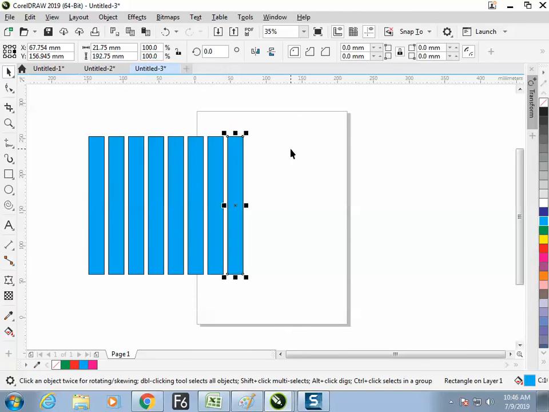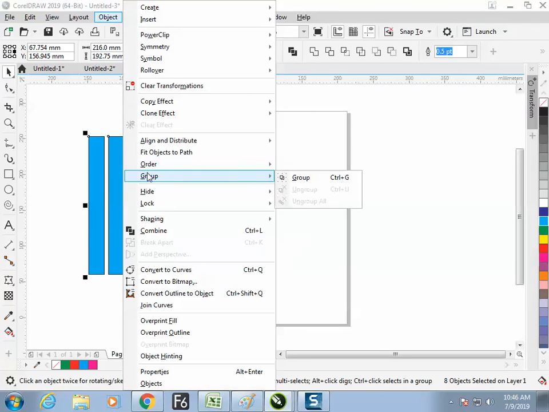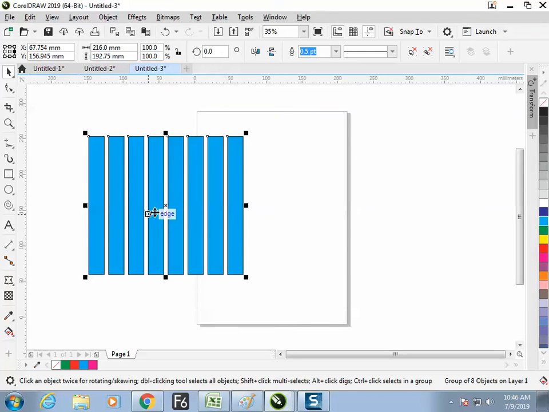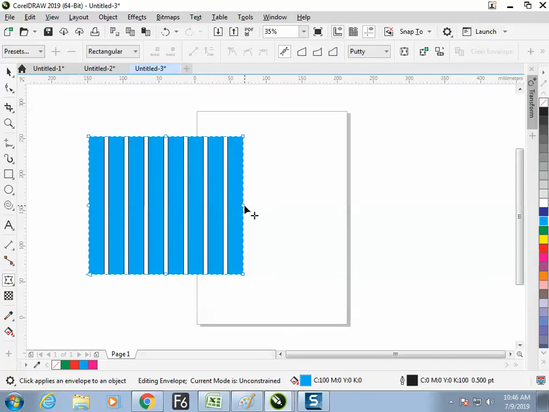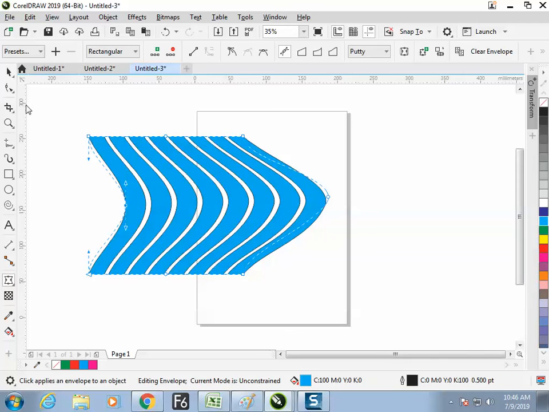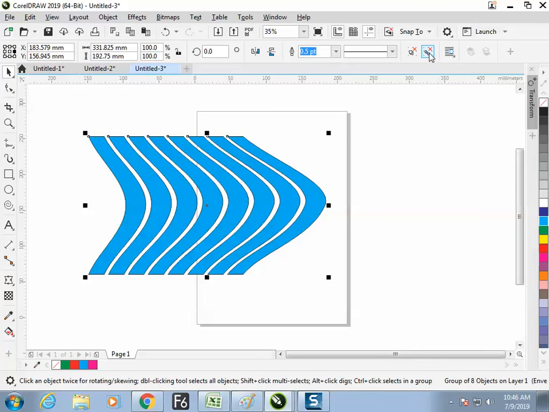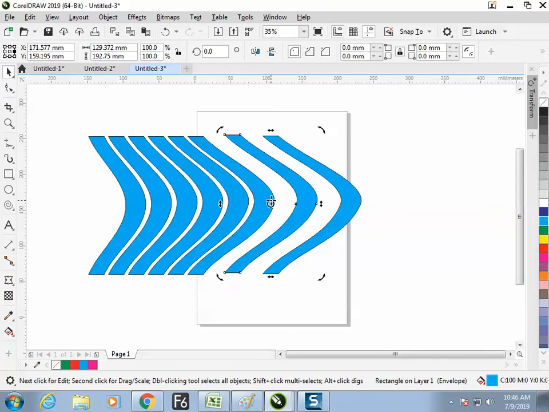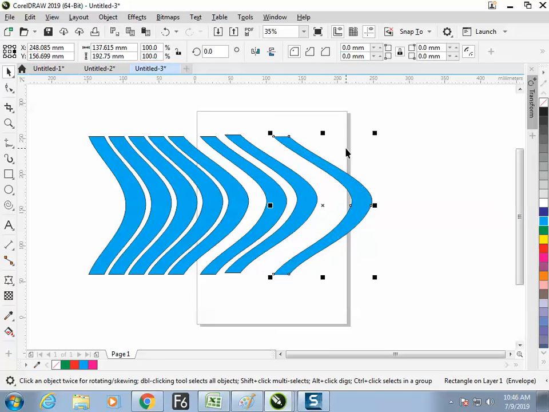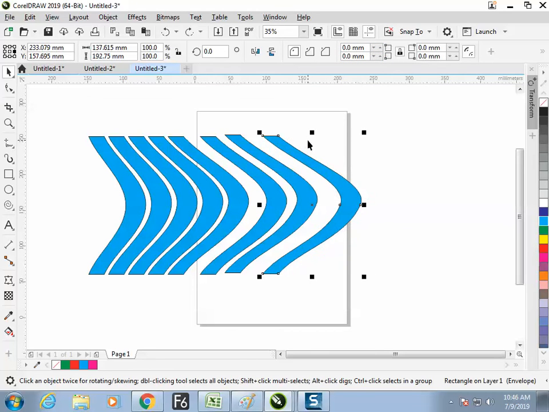Make the object, get it placed repeated. Select all the objects, switch to the object menu, group it up, and once the group is done, take the envelope and then ungroup it, and individual objects could be separated. Still it maintains its own basic property. Basic properties remain the same. So at any time